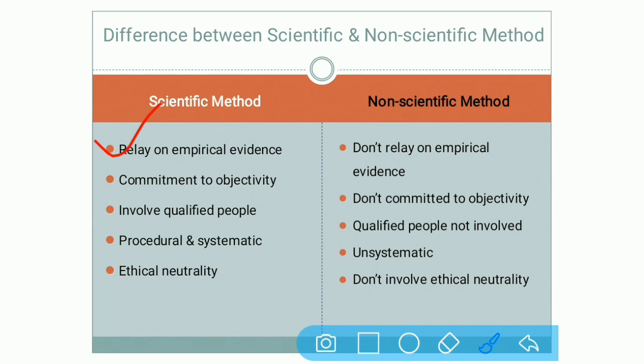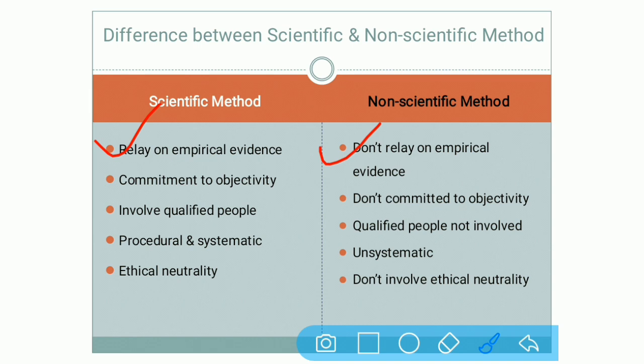You have to take a print of 100, then give those 100 printouts to different people to fill in the answers. Now they will fill in the answers and give them back to you. So here we are collecting the proofs in the form of print. That means there is proof that the person has given this kind of answers. That is the proof. But if we talk about the non-scientific method, then it is never based on evidence.